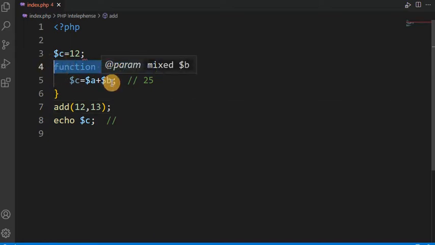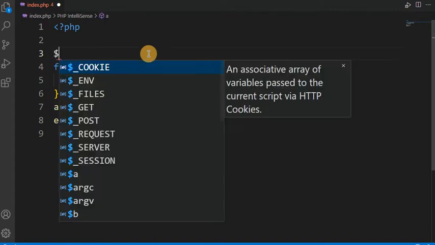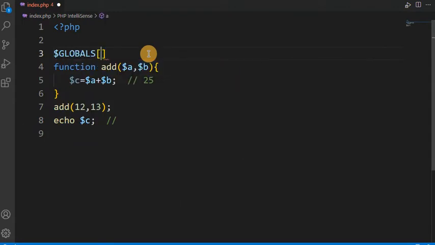So how can we achieve it? With the help of super globals. We can make this variable C a super global. How can we do this? We can use $GLOBALS. This way we can make it